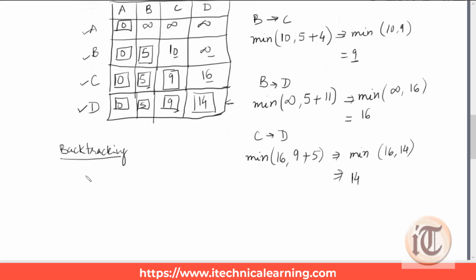So the path which we got here is the source path from A to D. We start from A, we come to B, we move across where we have ticked. So in this example we have got all the values ticked. So we can write it as A to B, B to C, C to D. So with the help of backtracking we can see that from A to D we have got the shortest path.